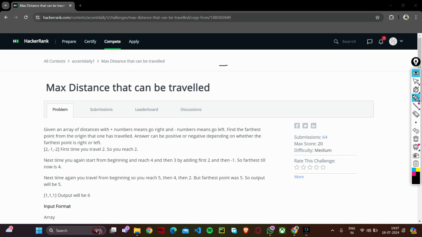For example, they are given distances 2, 1 and -2, and according to the test cases, we have to consider each subarray at each traversal. For example, in the first traversal, we have to consider a single subarray of 2, and in the next traversal, we have to consider both the elements, which means the subarray 2, 1, and in the third traversal, we have to consider the subarray 2, 1 and -2. So in the first traversal,